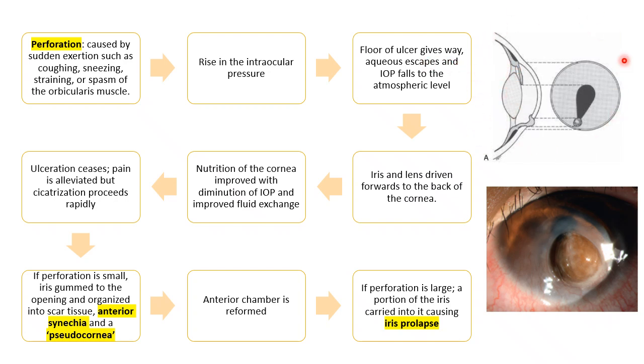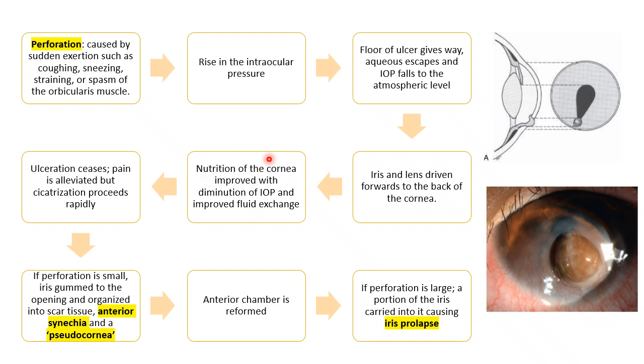Please keep this diagram in mind. The aqueous escapes and intraocular pressure falls to the atmospheric level now that there is a communication between the aqueous and the atmosphere. With this, iris and lens are also driven forwards. As the aqueous is flowing, the iris and lens are also driven out towards the